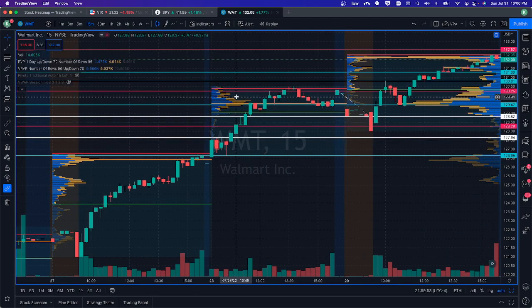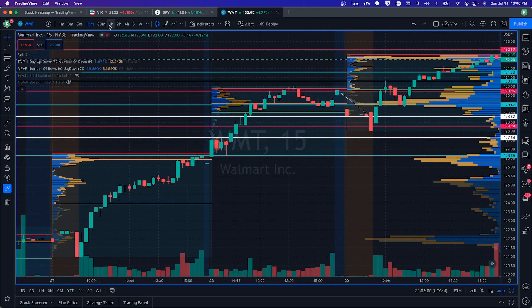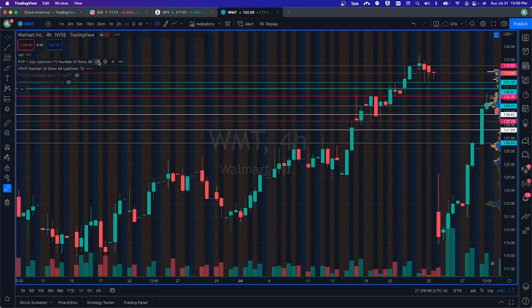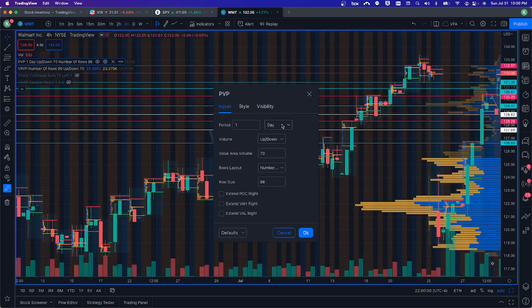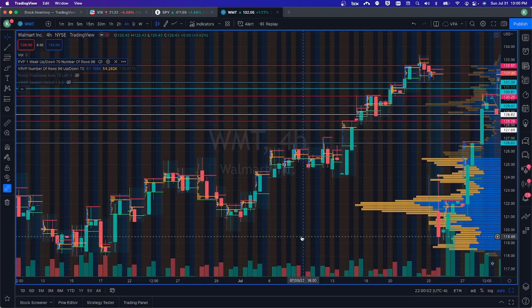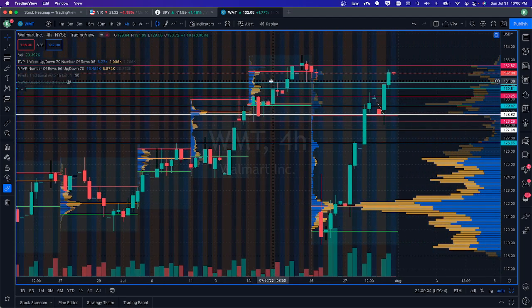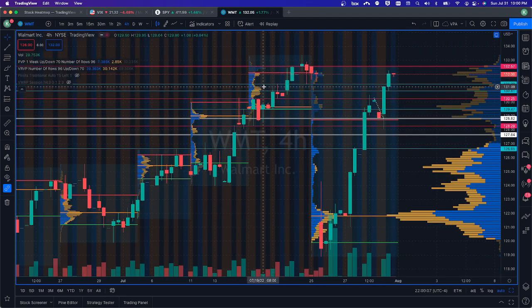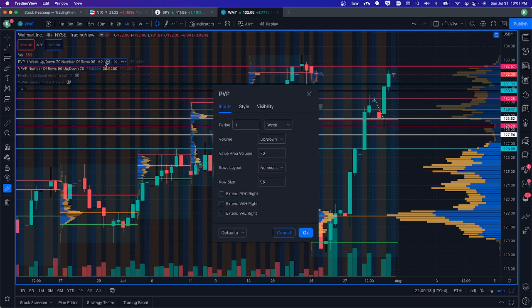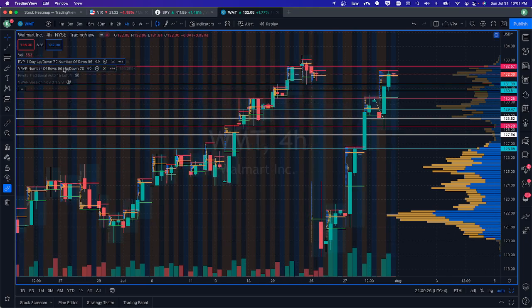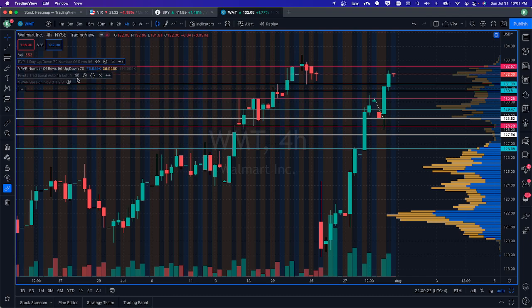So using this periodic volume profile to look at it, and then also as you zoom out, so like if we go to the 4-hour, you can set this periodic volume profile to show us the week, and you can get an idea off of some levels here based off volume gaps, notable areas that we might want to mark down as we're plotting our levels. So that is, and I'll do a whole video just on volume gaps in the near future because they are incredibly powerful. But the other thing that I want to show is the pivot points